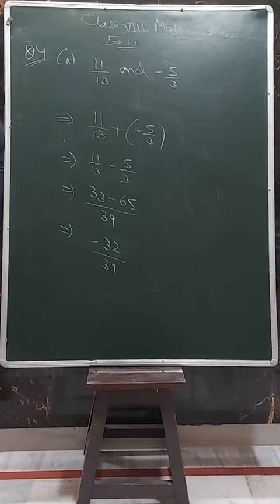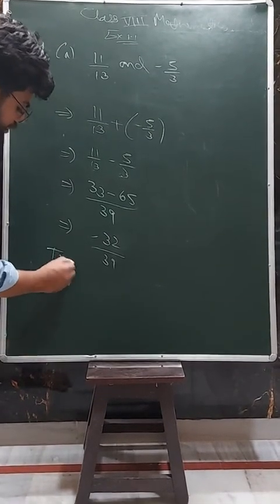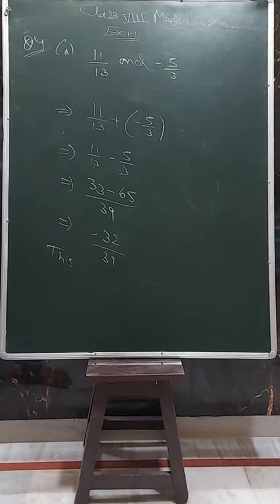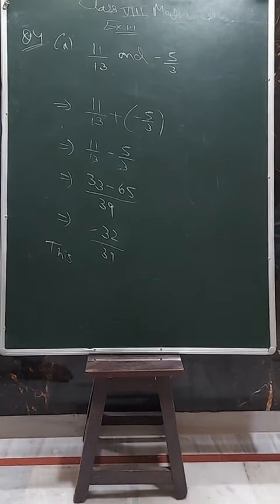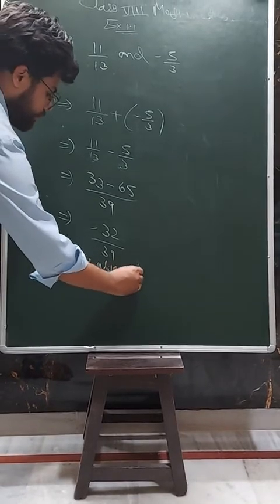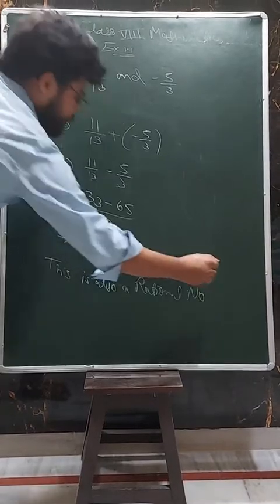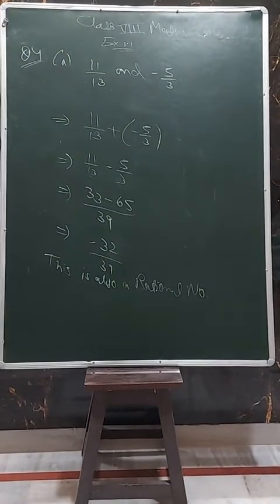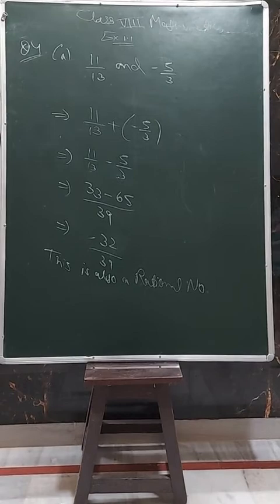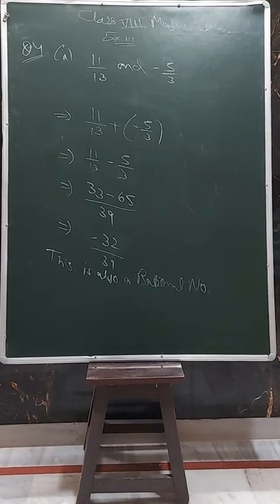So this is also what? A rational number is there. This is also a rational number. So we will verify that this is followed by the closure property of addition. This is also a rational number. Now same as it is, a second part is there, where also we have to add the numbers only. Simply we have to add it.